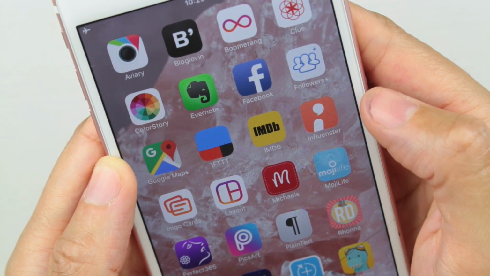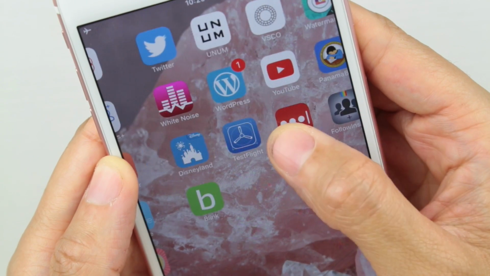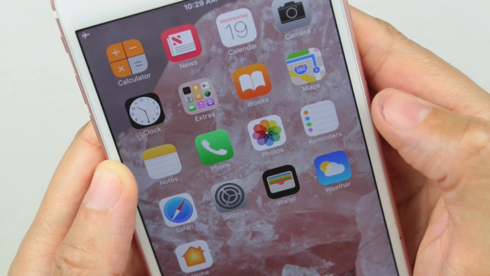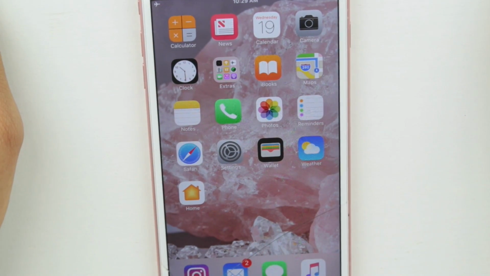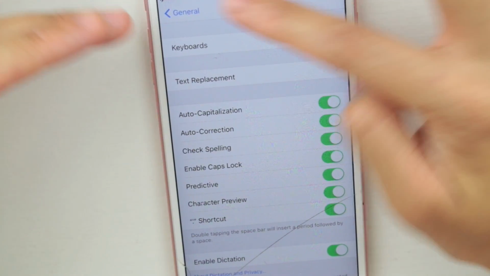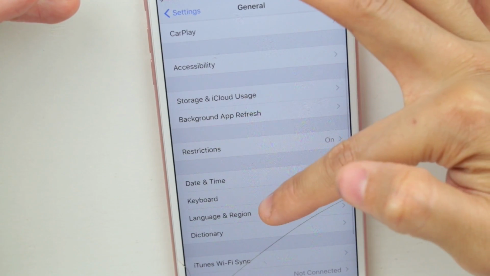Here's a preview of the apps that I have. But that was the one thing I knew a lot of people did not know when it comes to their iPhone, which is how to get the hashtags and the whole text replacement thing. But yeah, you just go to your settings, go to general, go to keyboard, go to text replacement, and then